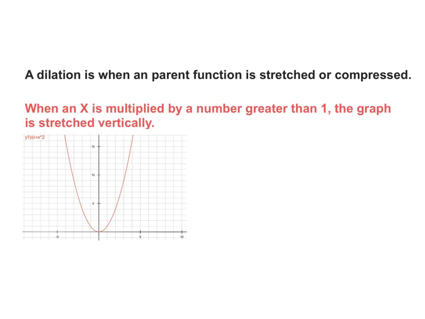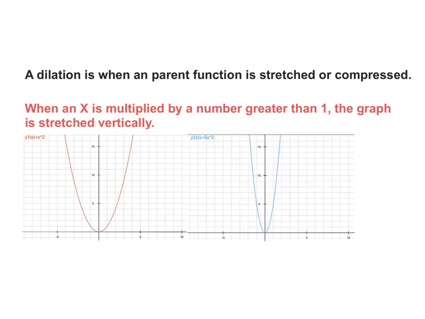Here's my first graph, okay? That's y equals x squared. That's the parent function, okay? Now, I think I chose 5x. I think I multiplied it by 5 on the next one. And so that's what happens. Yeah, 5x. So it's the same exact